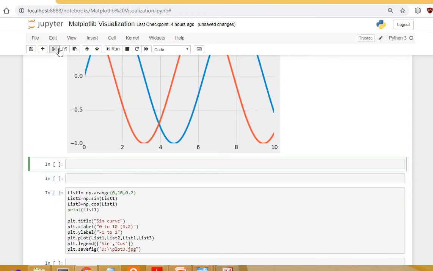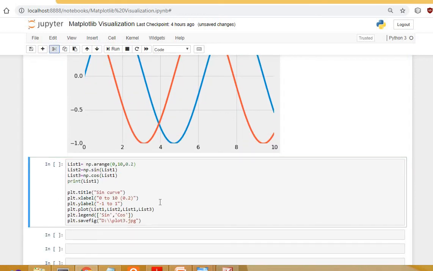Now let's move ahead. We will see some more data points and try to use some other things. We have list 1 as np.arange, again a Python function which gives us values from 0 to 10 in steps of 0.2.